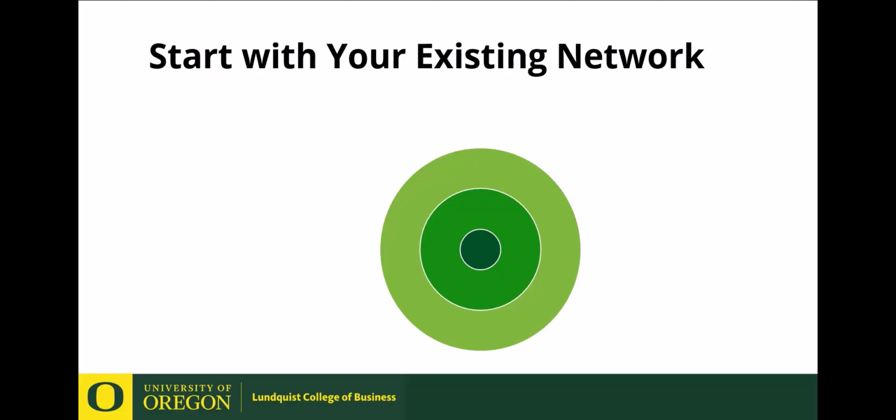When you're preparing to network, start with your existing network. Whether you're aware of it or not, you do already have a network. The inner circle is made up of your mentors or board of advisors. These are people who you typically go to for advice. They might be parents, friends, community members. They're your trusted inner circle.